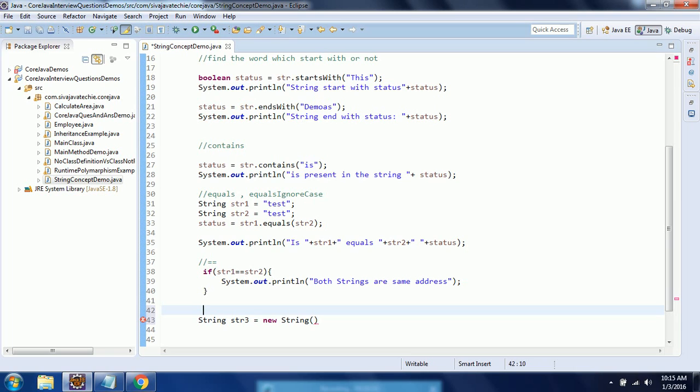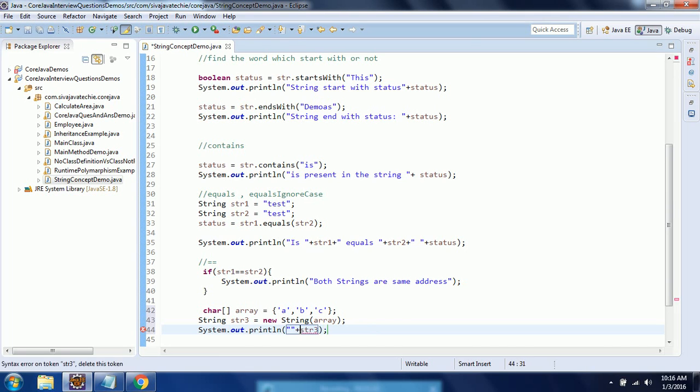So you can create a character array, and then you can pass this character array to the String constructor. So the array equals, you can directly pass characters like A, B and C. Okay, this is nothing but the character array. Now you can directly pass this character array to the string. This is one of the ways you can convert a character array to a string. So now the array becomes a string object. Okay, now when you print str3,